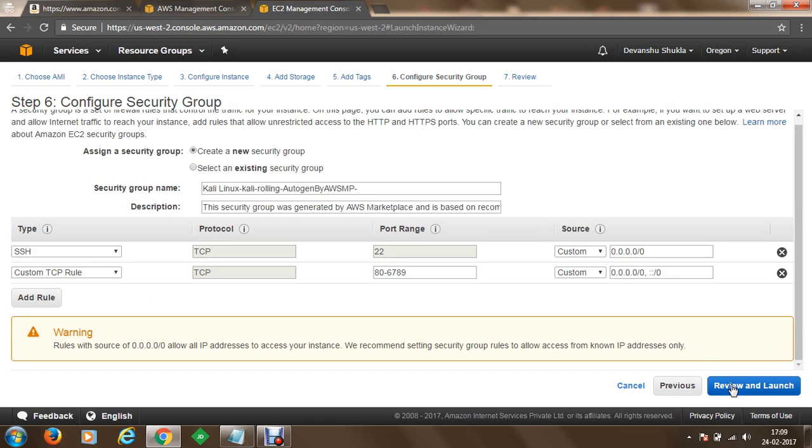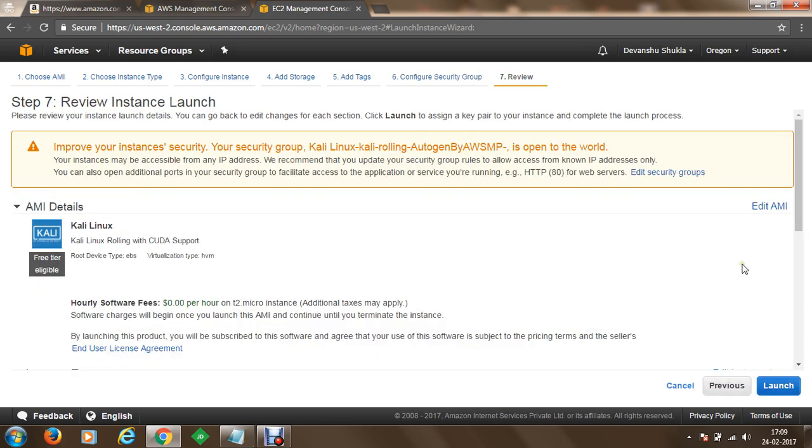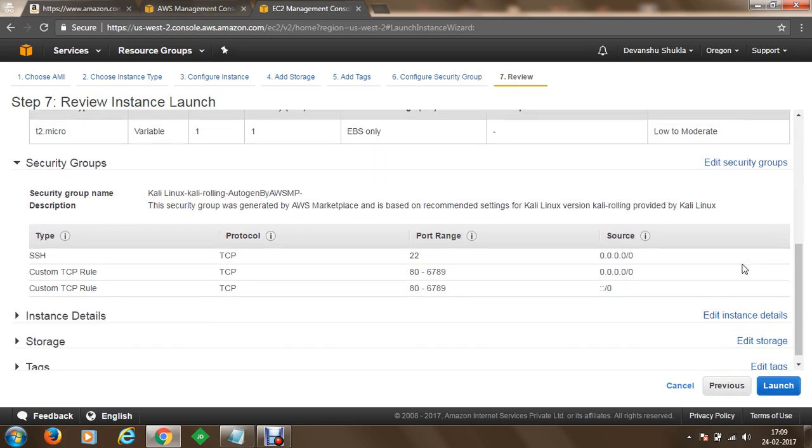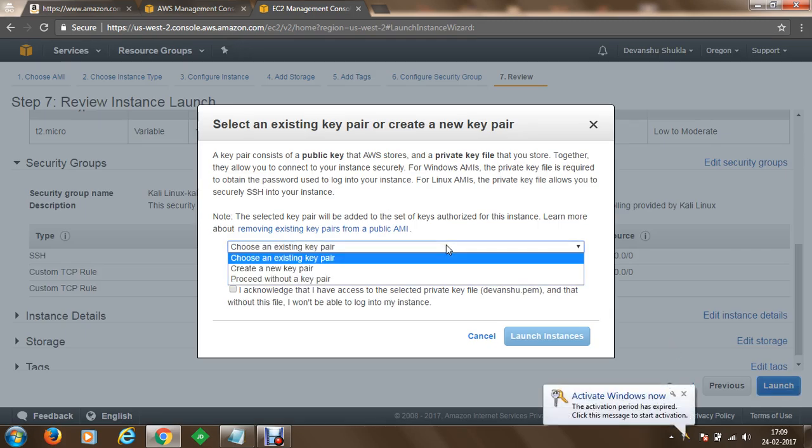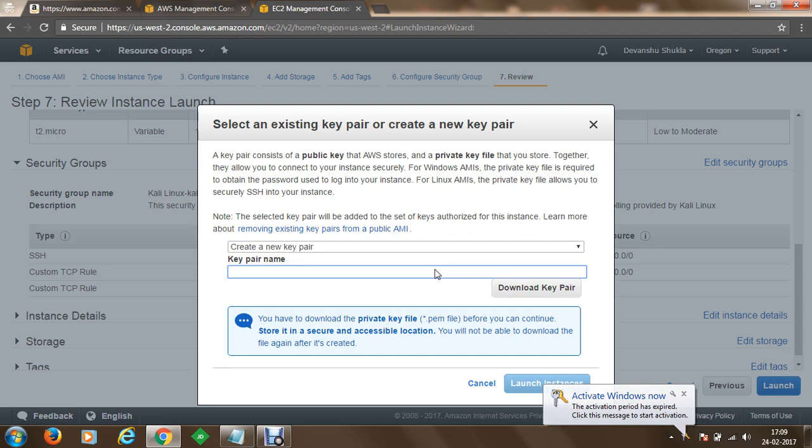And now what we can do is we can review and launch. Once we review and launch, you can see that our rules are added and we can click on launch to proceed. At this moment, we are going to create a new key pair, and the new key pair will be Kali demo.